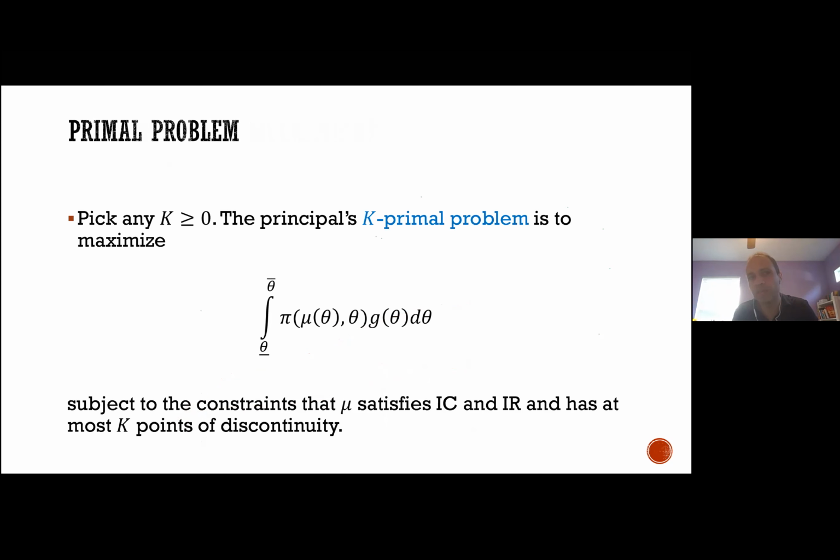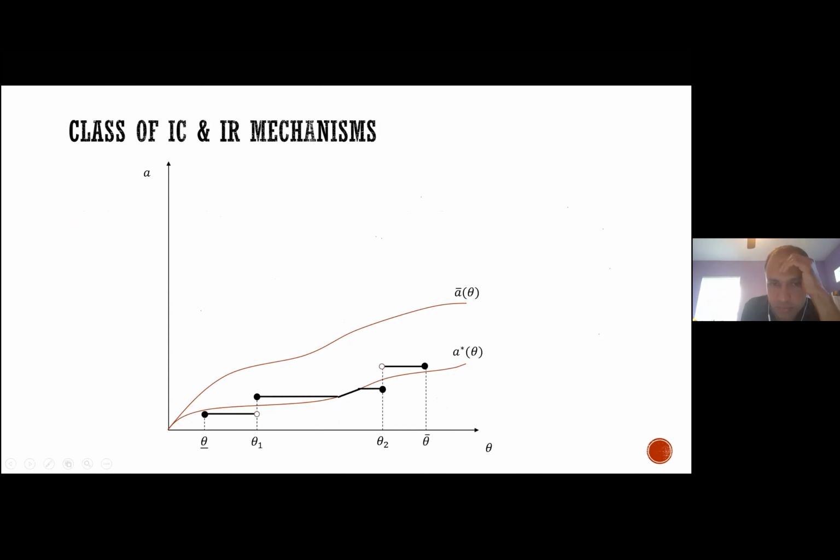Professor, can I ask one thing? Yes, please. Can you please go back to the previous figure? I have seen that in all of these figures, whenever you have a discontinuity, the point is included in one of the limits, either the left or right. So why can't the contract include both points? It seems that at point theta 2, the dotted point is the closed one, but the interval above that is the starting open one, right? Yeah. So this interval over here is excluded from the contract. So in the mechanism,